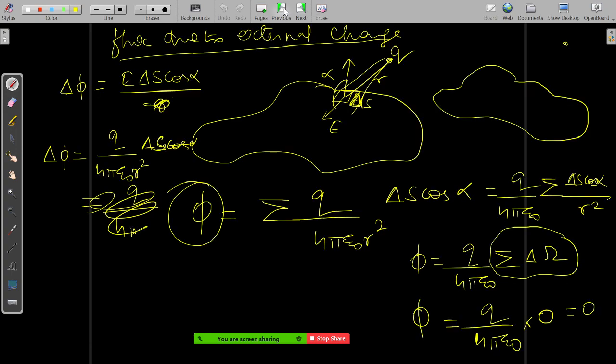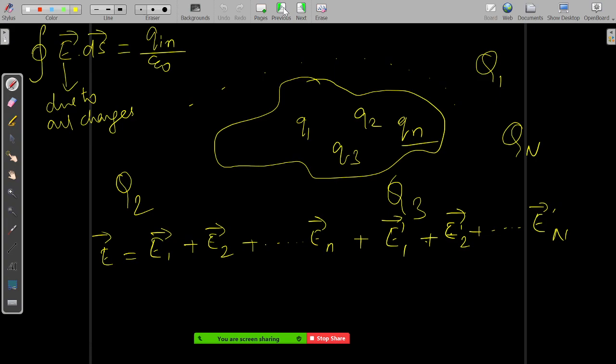This one we were seeing for a very arbitrary distribution of charges, both internal and external. So we saw that the total electric field will be something like this. If we want to find the total flux, how do we write it? The total flux will be equal to the closed surface integral of E dot ds, correct? So if we substitute E with all these values, what will it become?